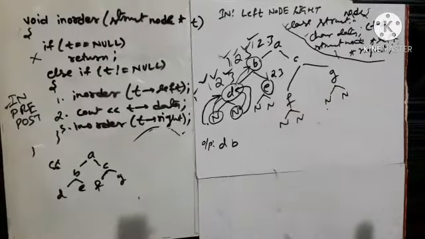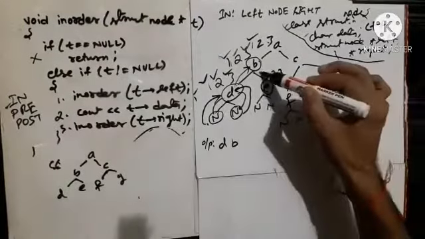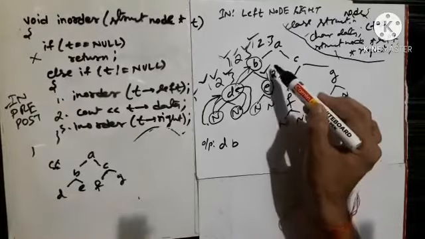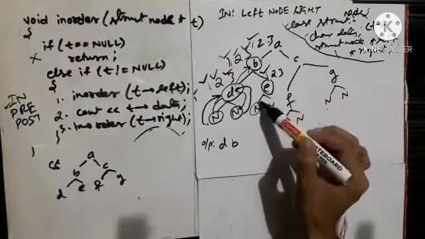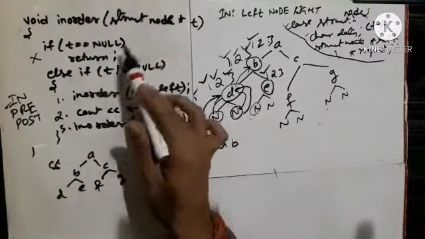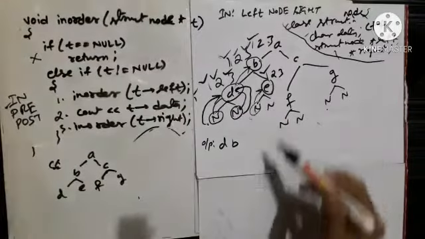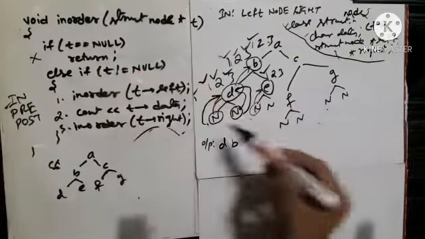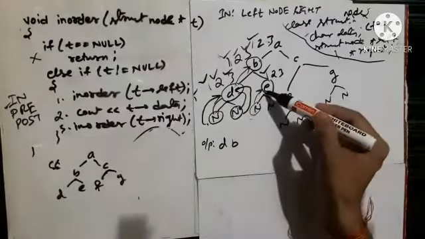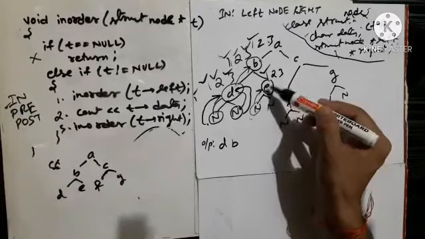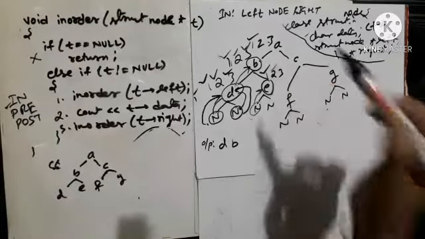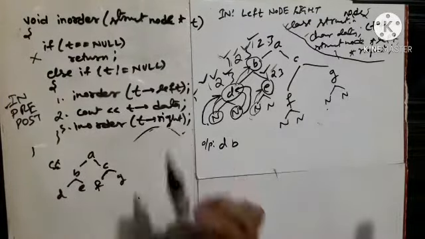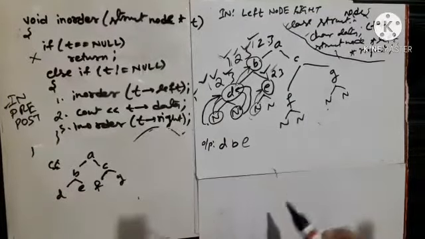Now it has to execute these 3 statements. So it will execute the first statement. Anyway, it is null, so it will return nothing. Control goes back to e. It does not enter into the else part because t is null. Now as soon as control comes back to e, it will execute statement 2, which says cout t ka data is e. It will print e, isn't it? Are you getting my point?